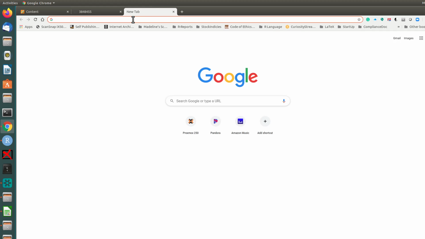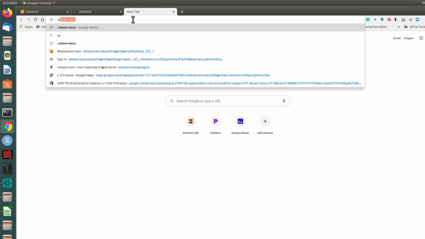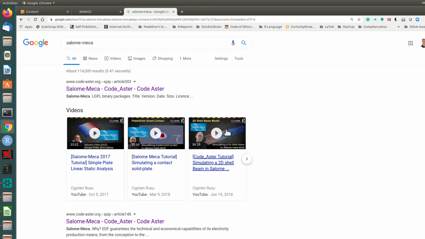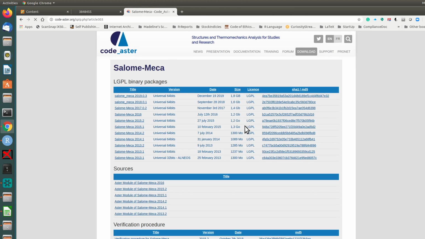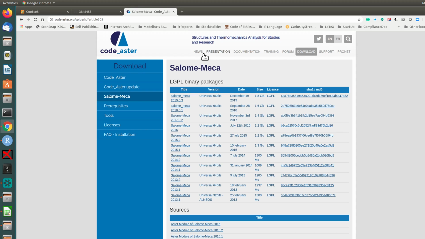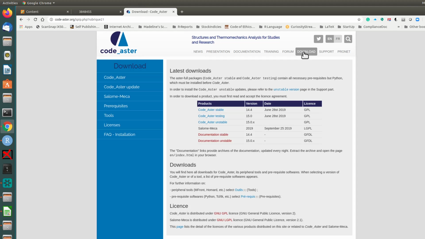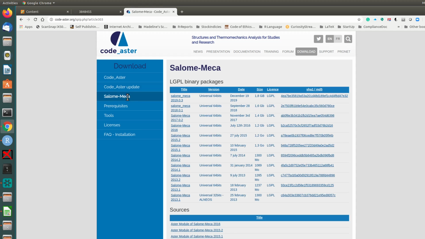First, I'm going to go to search a term called Salom Mecha. I will go in there, click there. You might end up coming in here, but I came in and went down to the download and clicked here. Okay, there are